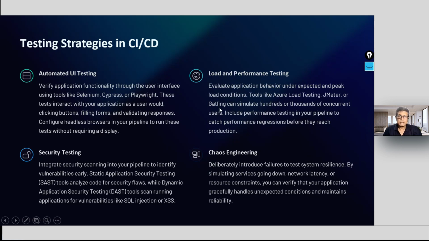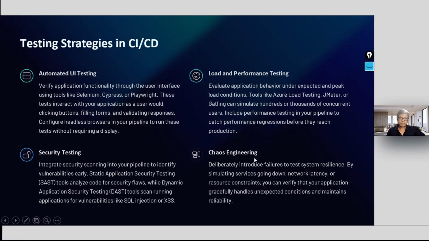These can simulate hundreds or thousands of concurrent users. You have only one single user, but at one instance you can generate thousands of users running into your application. So there is a lot of load on your application. All this can be simulated, and you can do load and performance testing.